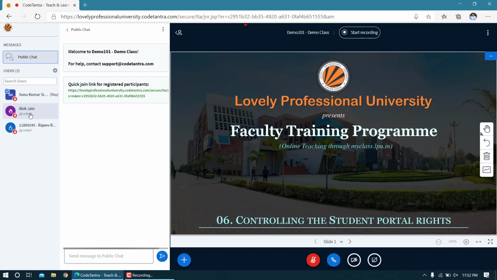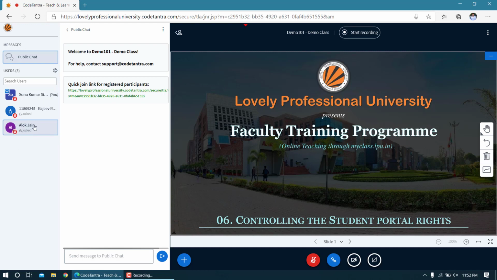Now if I go to the teacher account, you can see Mr. Alok Jain has raised his hand and this student has given a thumbs up. These are some visual indications of how students are receiving your lecture. If you want to clear all of them at once, you have an option to do that. You can click on this manage user and there is an option called clear all status icon. You can click here and the status will go away. And if you want to clear the status of only one student, you can click on the name of the student and select clear status. You can see now the raise hand icon is gone.